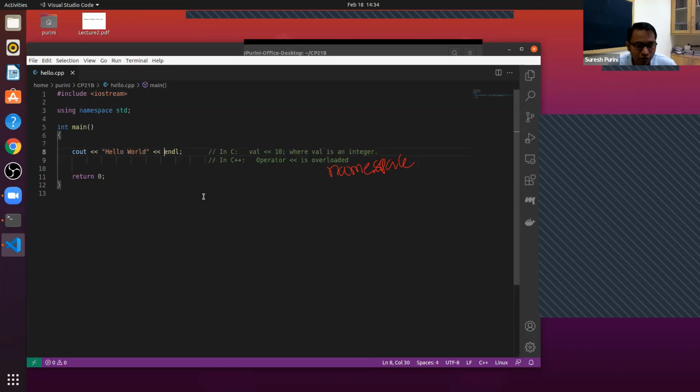Both are the same, but I don't know which one is better, endl or \n. Endl flushes the output buffer. Oh, okay, thank you, Bharat. You understood? \n also does, no? At least in printf, when it looks at \n, it flushes. Okay, so this is your first Hello World C++ program. All good? Did you understand the idea of namespace?